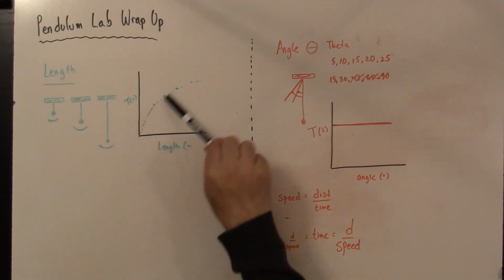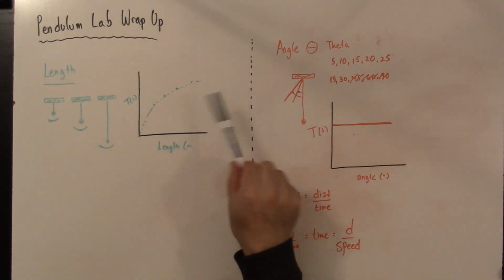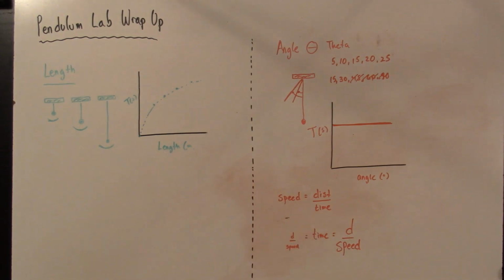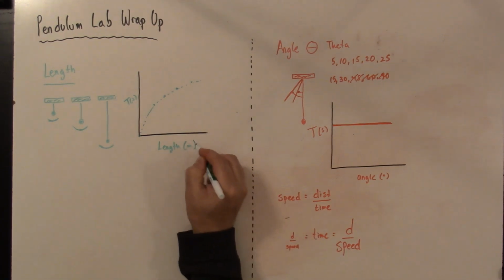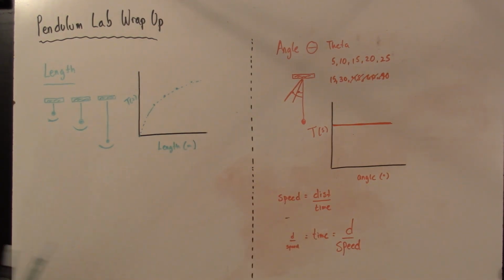Now, it doesn't go up and come back down, because that doesn't make any sense. As the length gets bigger, the period should get bigger. Well, what kind of relationship do you think this is? Well, I would argue